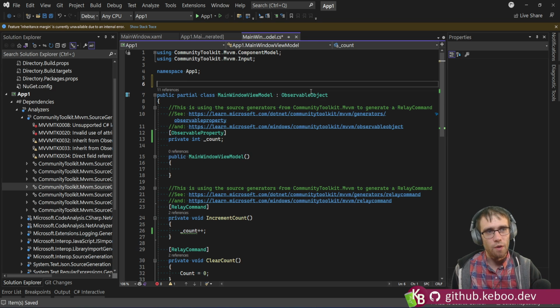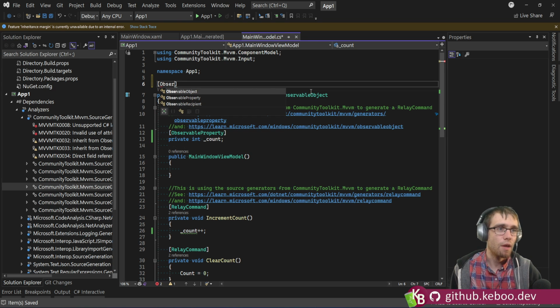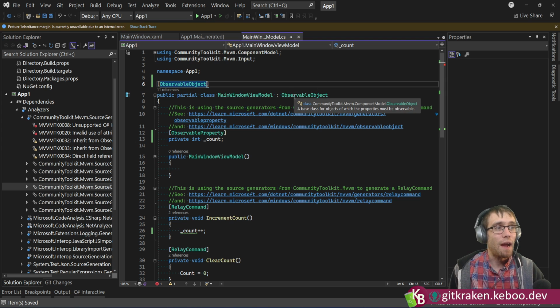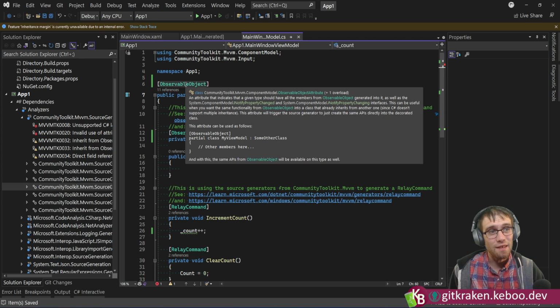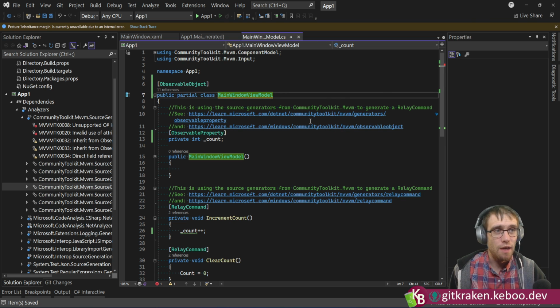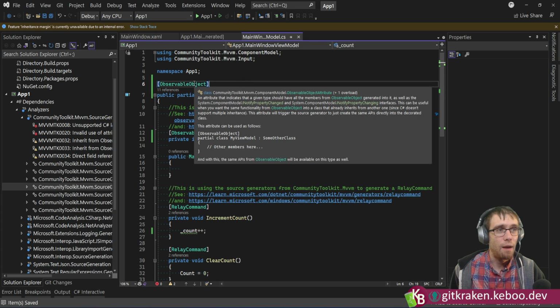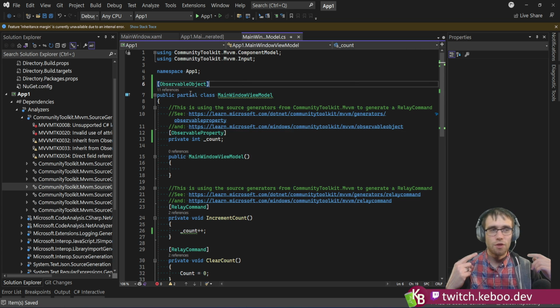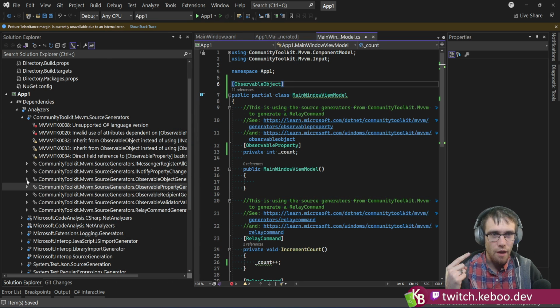In those cases, rather than deriving from ObservableObject, there's technically an ObservableObject attribute. And if you decorate a class with it, what the generators will do, and we can look at this real quick, the ObservableObject generator,